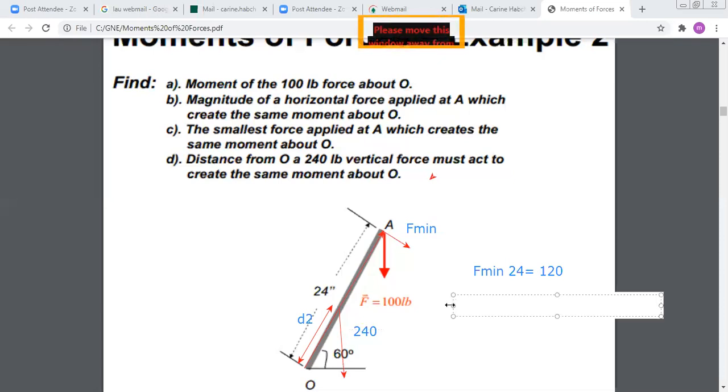You have the moment of F, which is 100 lb, is 100 times 24 cosine 60. We already did it in the first question. Now for the 240 lb force, what is the moment? It's 240 times d2 times cosine 60. As you can see, cosine 60 will be simplified. So I can say that d2 is equal to